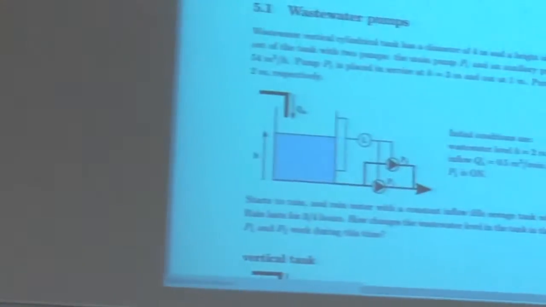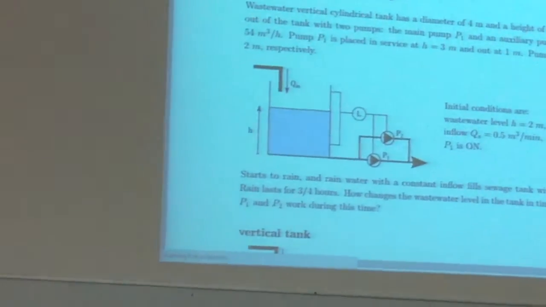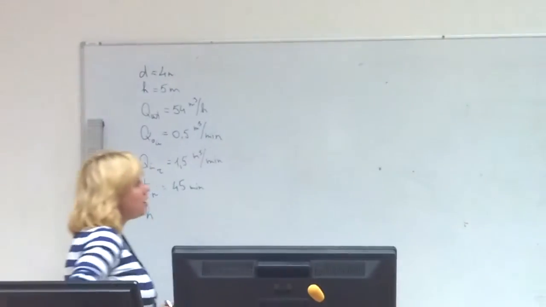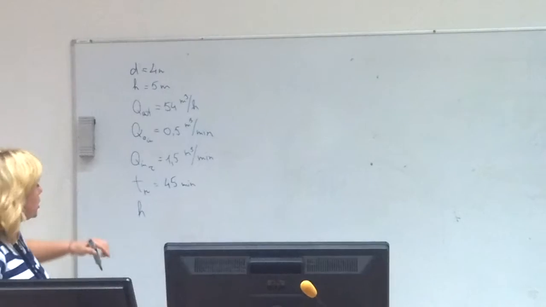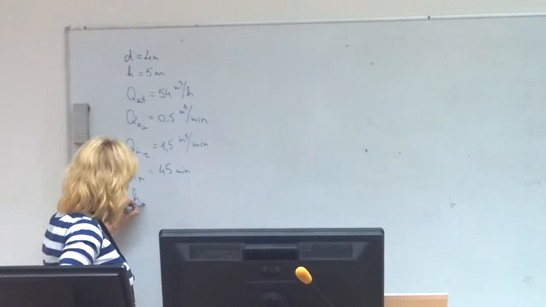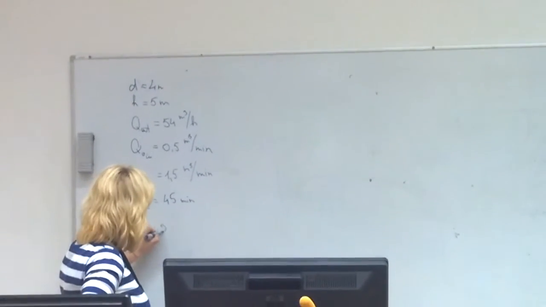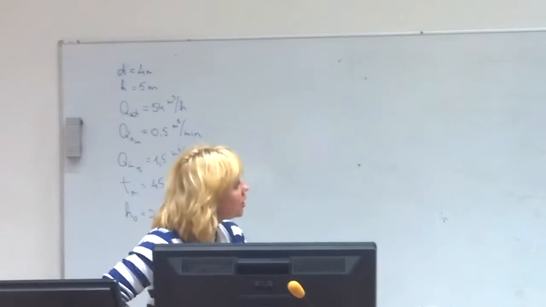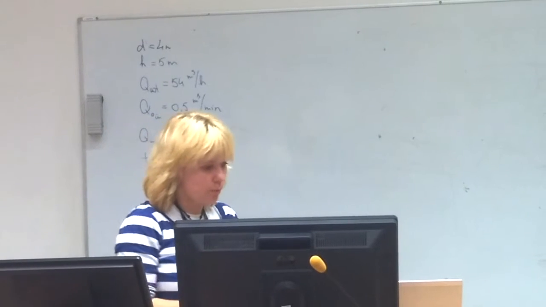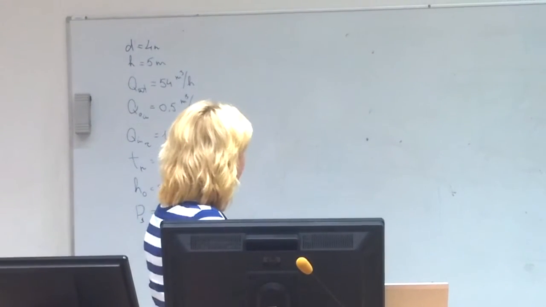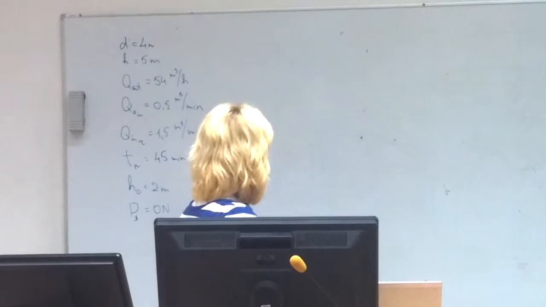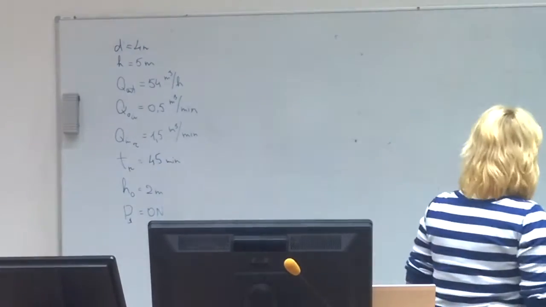We know that the initial conditions of our process could be described as initial liquid level, wastewater level inside the tank was 2 meters, and our first pump is on. So basically, what information should we provide? We should provide graphs. So in that case,